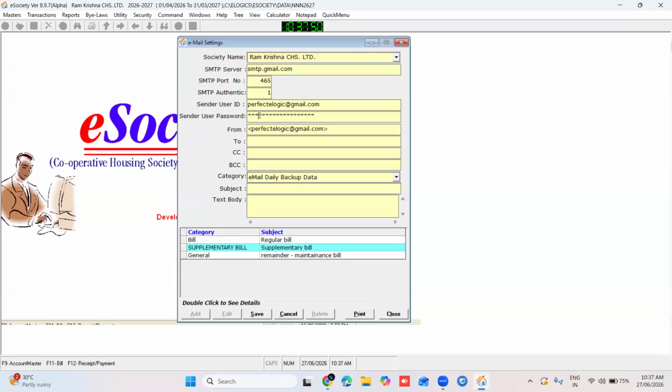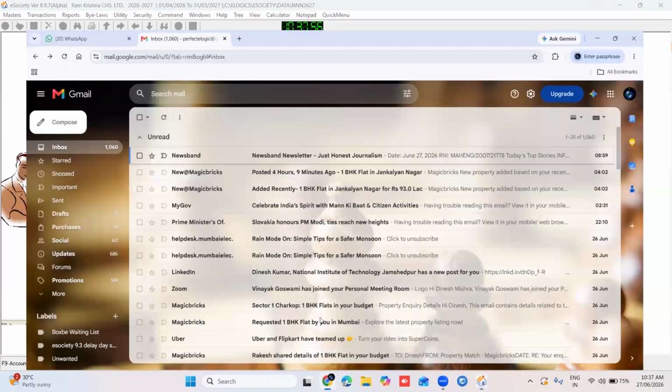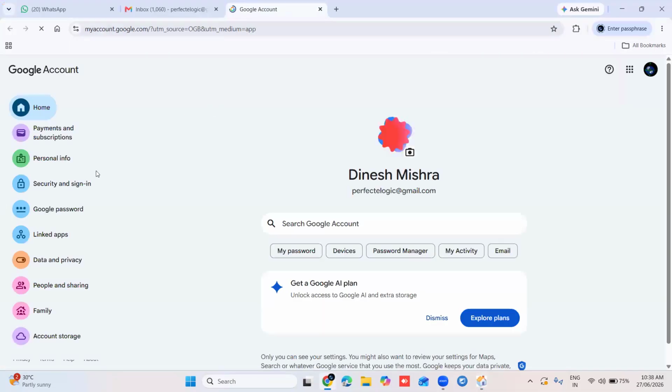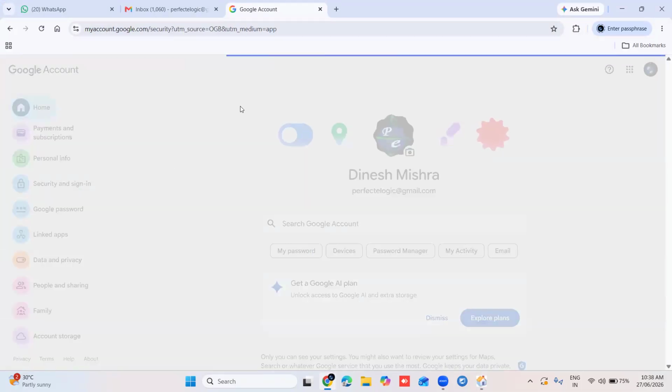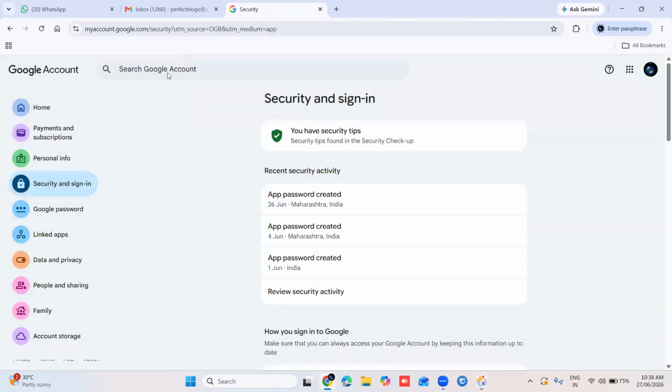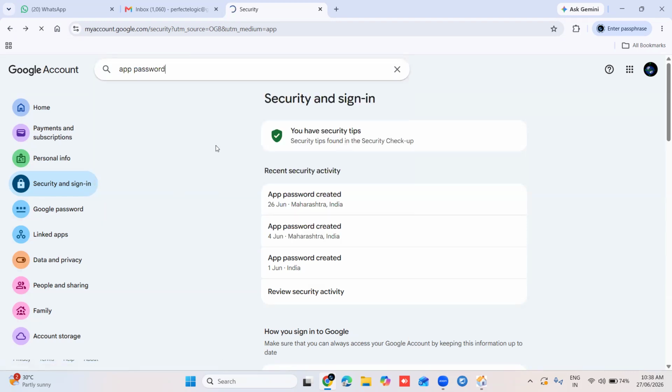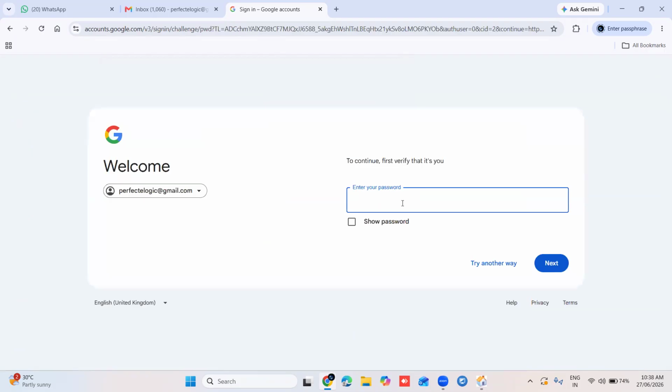And this is how to set the password of this email. For this we have to go to mail ID, click on this 9 dot. Now go to account, go to security and sign in, enter the app password, go to app password, enter your Gmail account password.